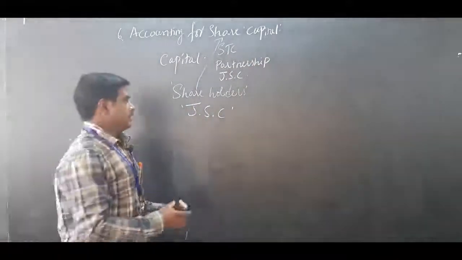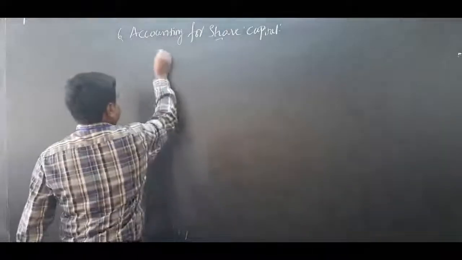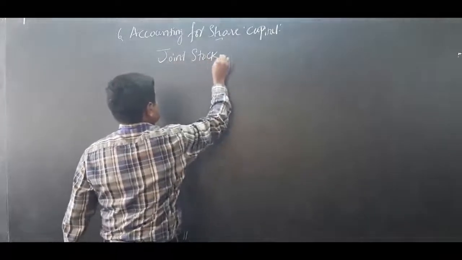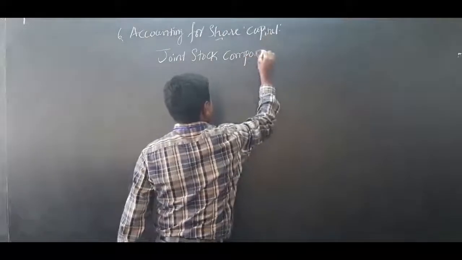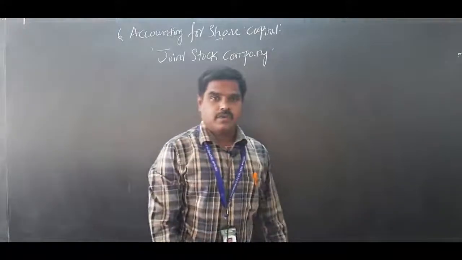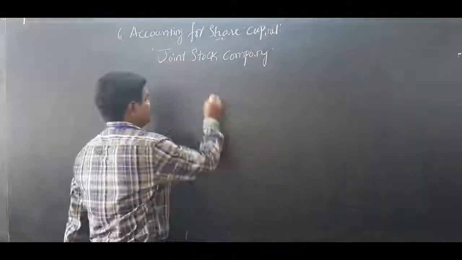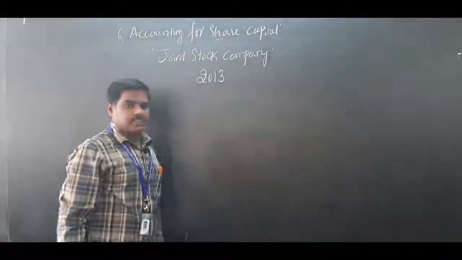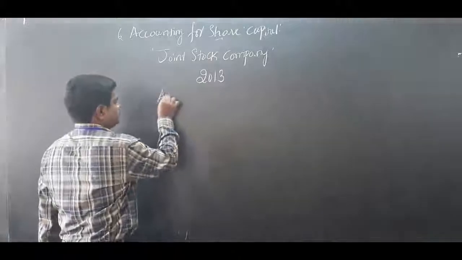Moving on to the next part, we will go to the meaning of joint stock company. In first PUC you all studied this. Just we will have a glance at it. What is the meaning of joint stock company? The company should be registered under the Companies Act of 2013. Any company which is registered under the Companies Act of 2013 is an artificial person,